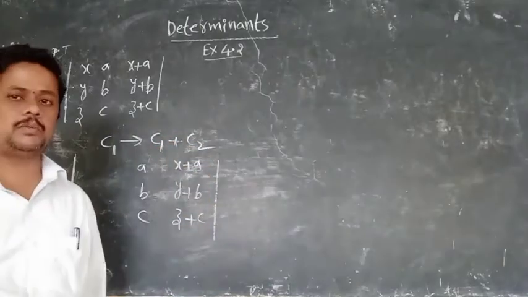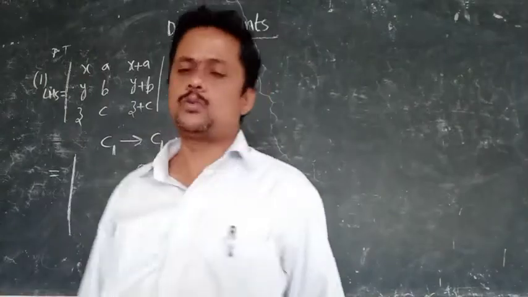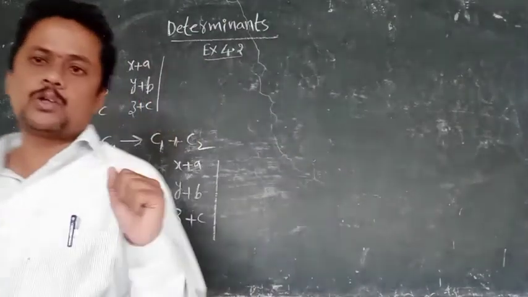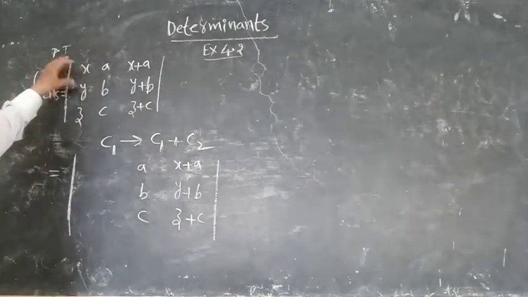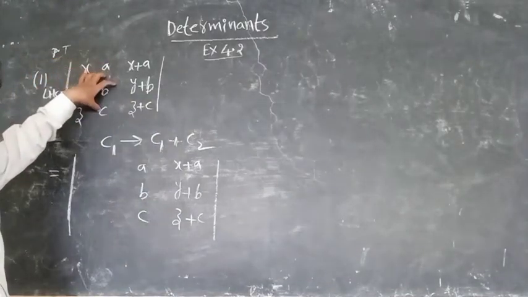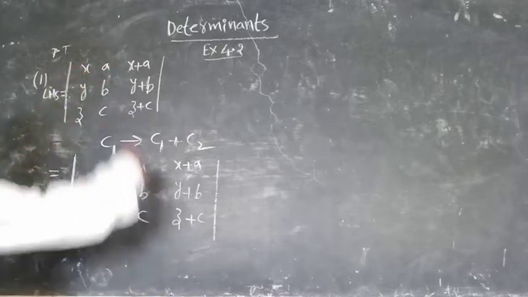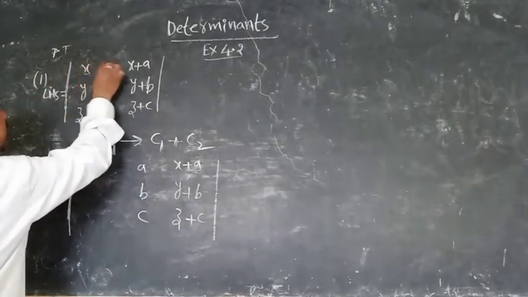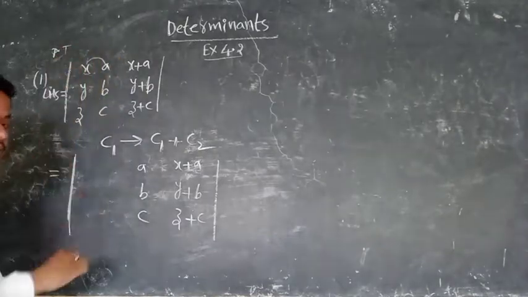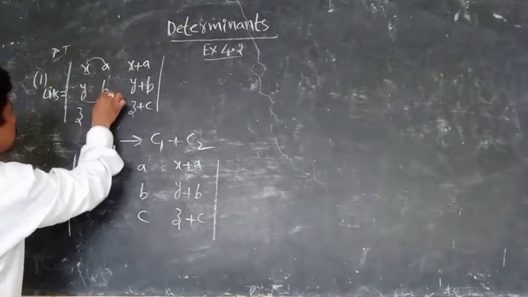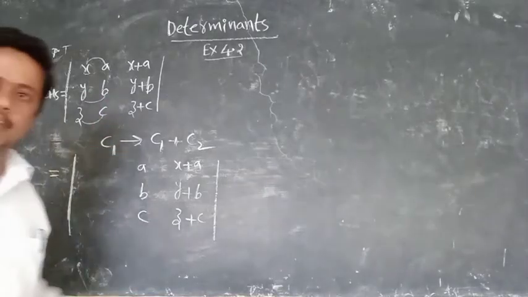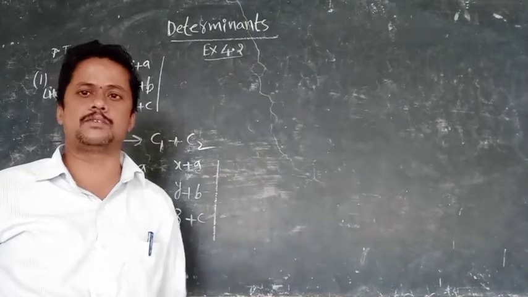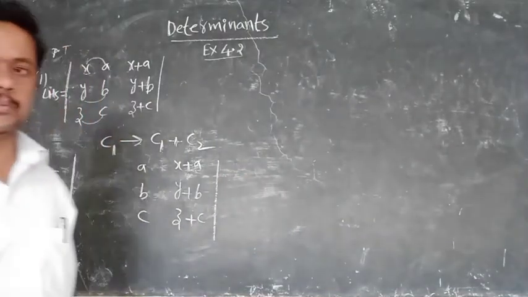C1 plus C2, we have to do this. How to do it? Here this is C1, this is C2, and corresponding elements should be added. Corresponding elements means x side and a side, these two should be added. Addition on the other side, these two should be added. Understood? Like that we have to add. If subtraction is there, subtraction, minus. Understood or not? See. Tell me what is the answer here.